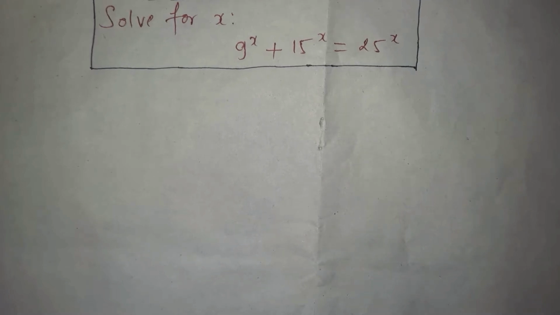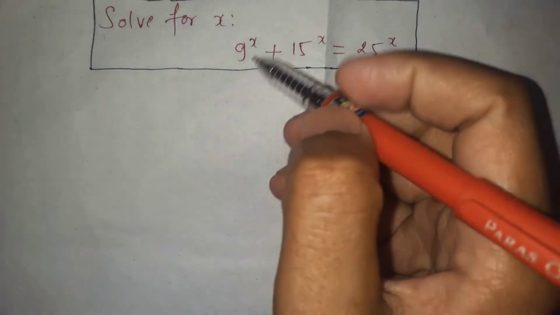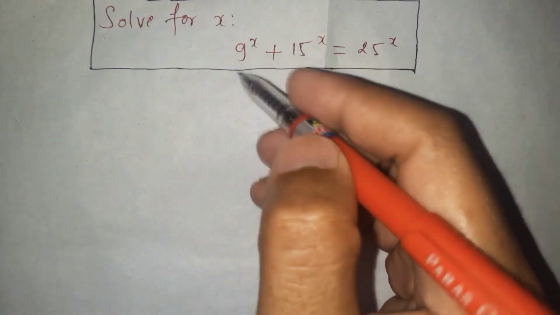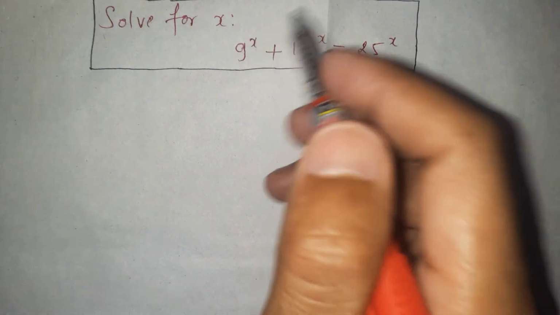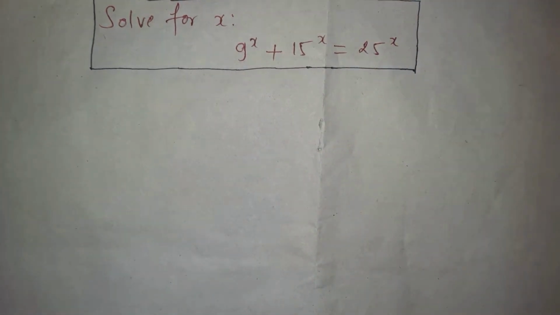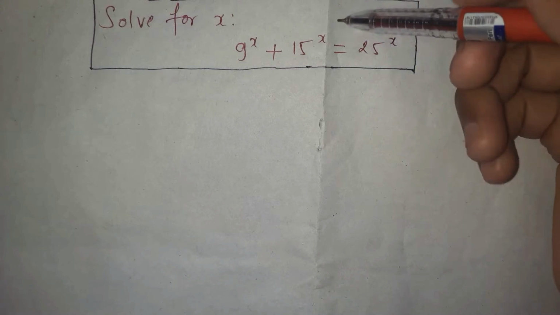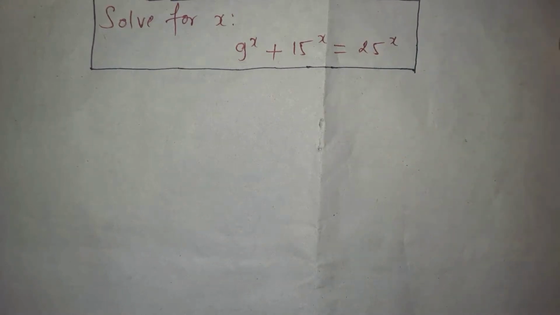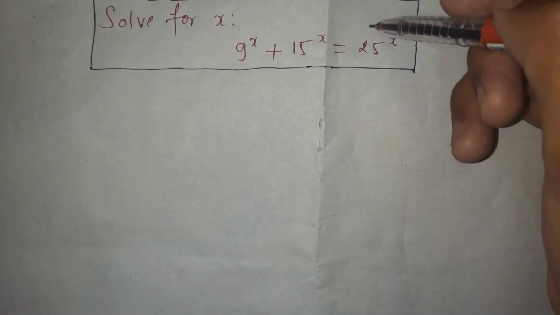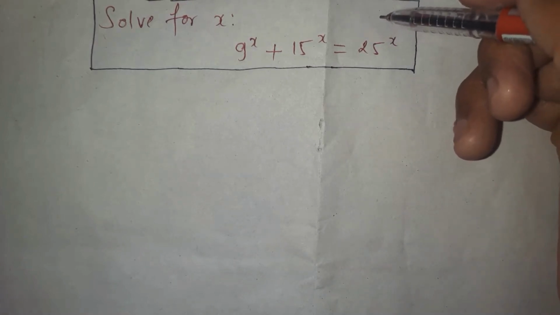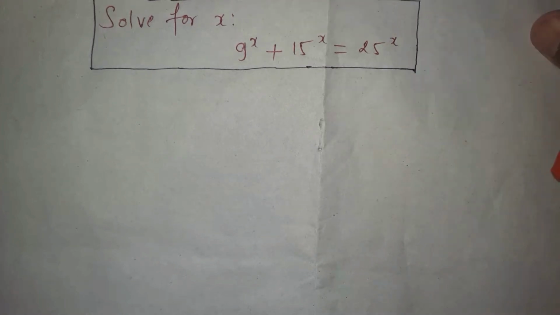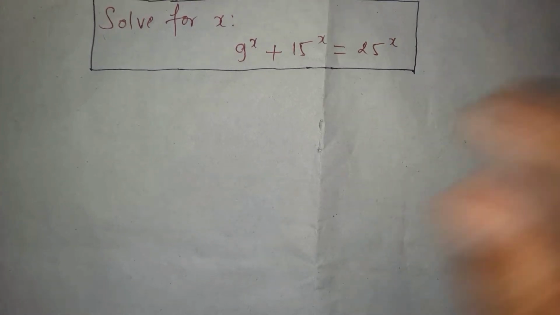Today in this video I am going to solve a particular problem, and the answer of this question is in terms of the golden ratio. This is a very amazing question. Its answer is in terms of the golden ratio. We will solve this equation. Please watch this video till the end so that you will be very clear about this particular question as well as some concepts of the golden ratio. Without wasting any further time, let's get started.